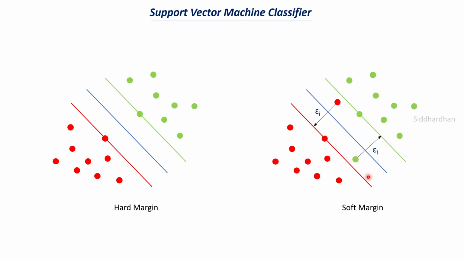So these are the errors made by our model. Sometimes even though it is a green color data point, if it lies in this region, the model may classify it as red, so there will be an error in this case. These are examples of soft margin, where we give some relaxation to our model so that it can make some errors, whereas in the case of hard margin there should not be any errors. This loss function comes into play only in the case of soft margin support vector machine classifier, because hard margin basically means our model is making 100% accuracy, and we don't need a loss function in that case. So we will use this loss function in the soft margin cases. You should remember this aspect as well.